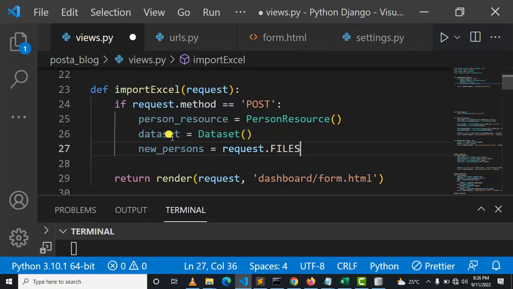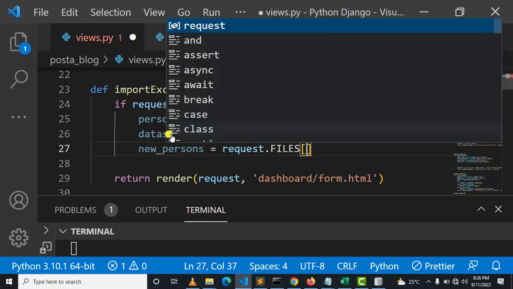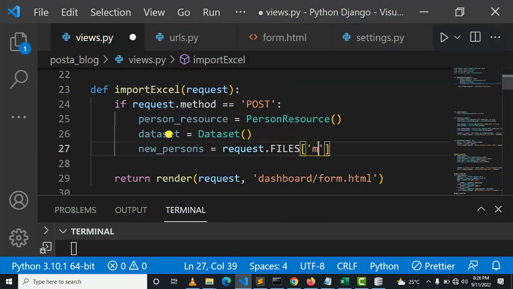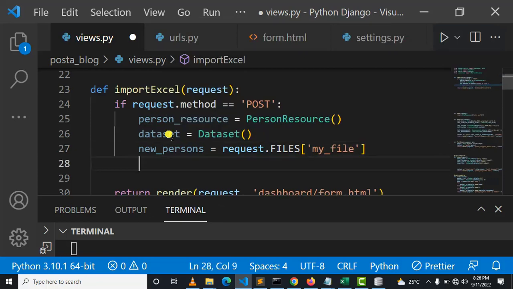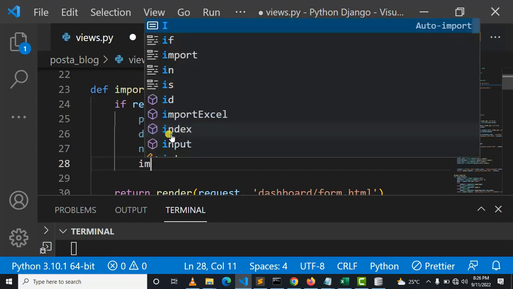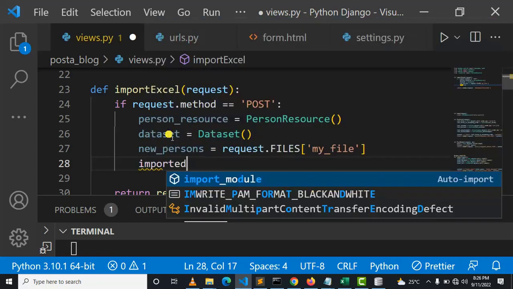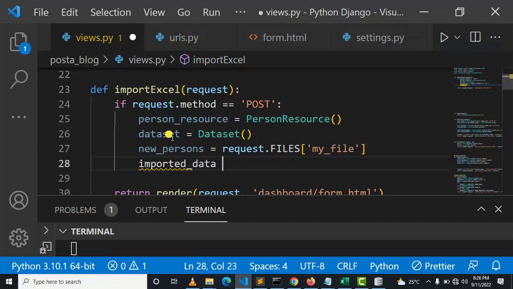Here what we can do, we can say request.files, then after my file. Let me say my file. Perfect. The next thing I can say, my file contains the information, it contains the Excel. So here imported data is equal to dataset dot load